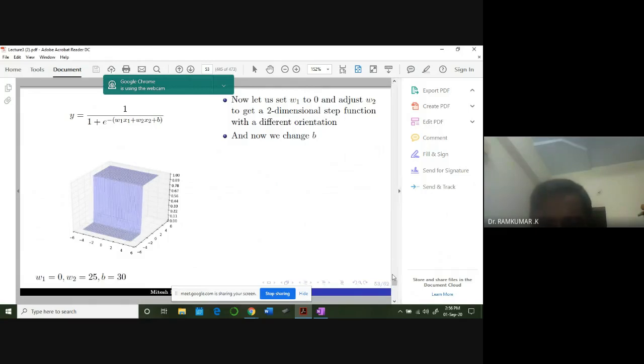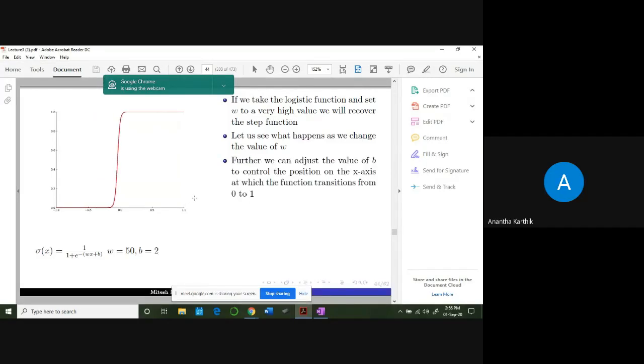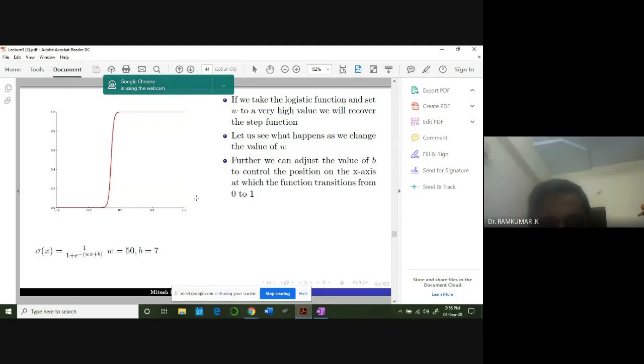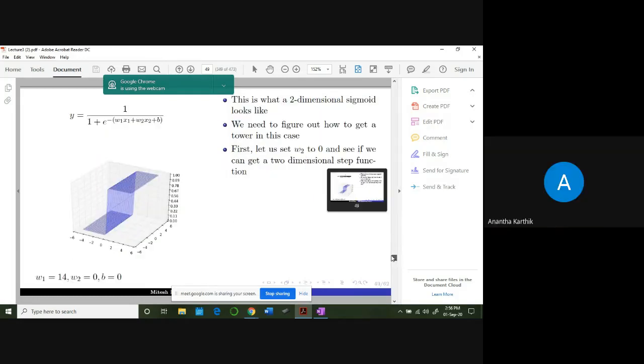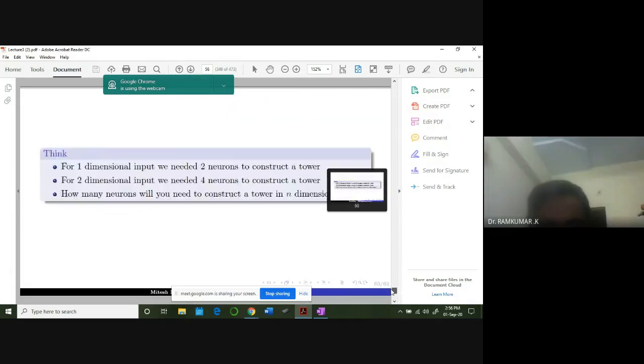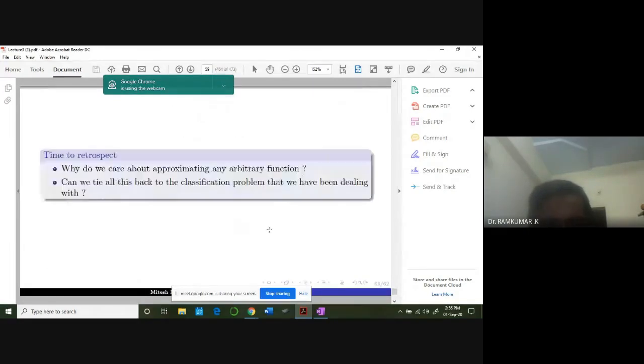Maybe I'll project this one. Yeah, this one. Look at this. When the bias is changing, can you see how it's moving along the x-axis? So take two of these neurons with different biases. One is u of t, another one is u of t minus 1. Subtract. Is it clear? Yes, sir. That's what we are doing. You get different datasets like this. So that's the representation.